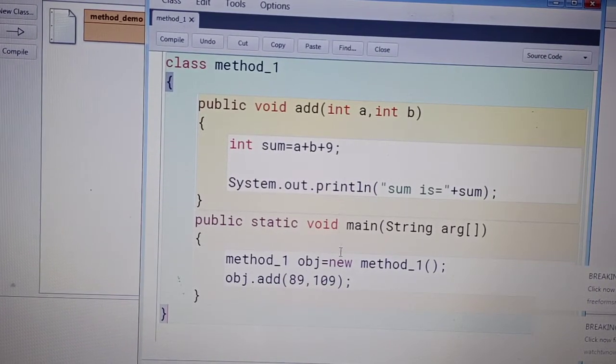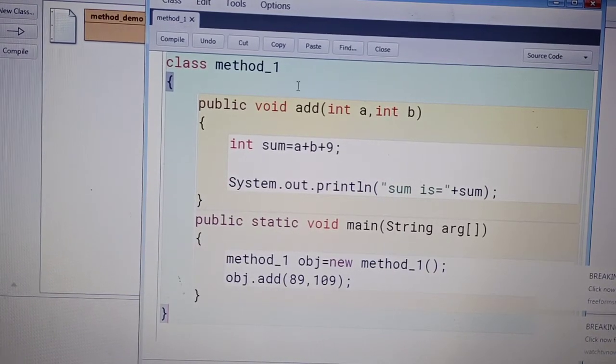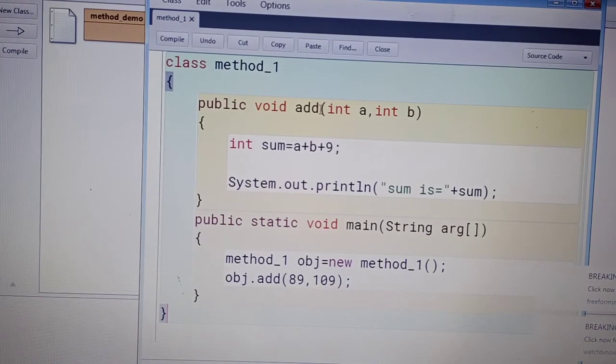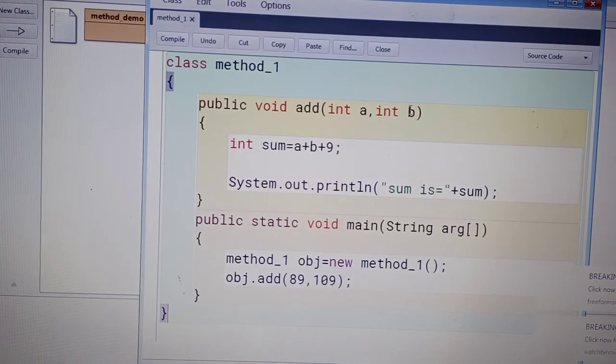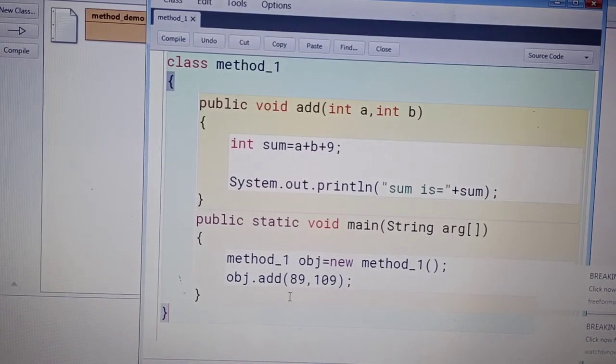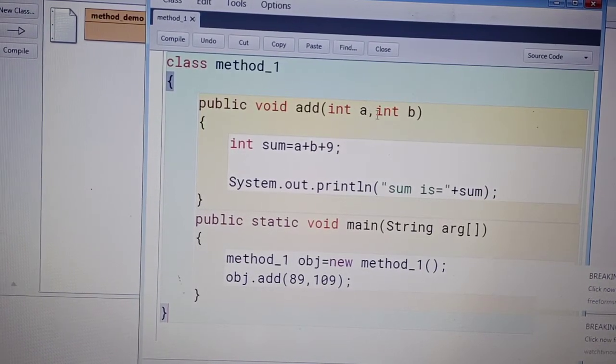Then control moves to the add function, meaning the compiler recognizes this method and control moves to that method. So control copies 89 into the a variable and 109 into the b variable. The actual parameter's values are copied into the formal parameter.